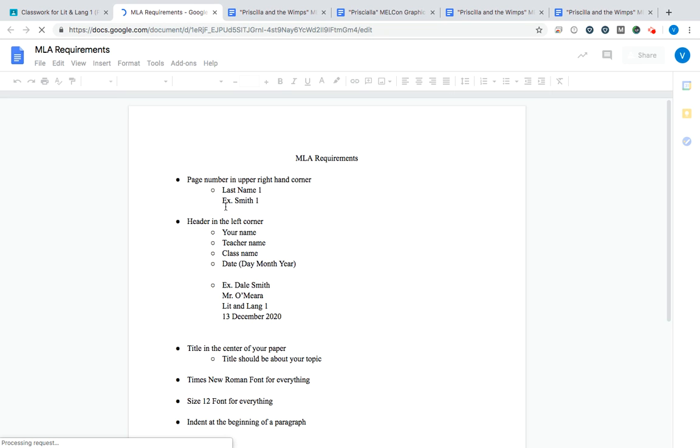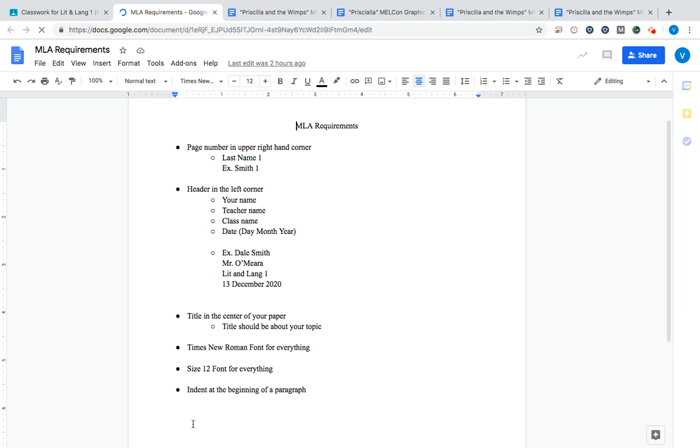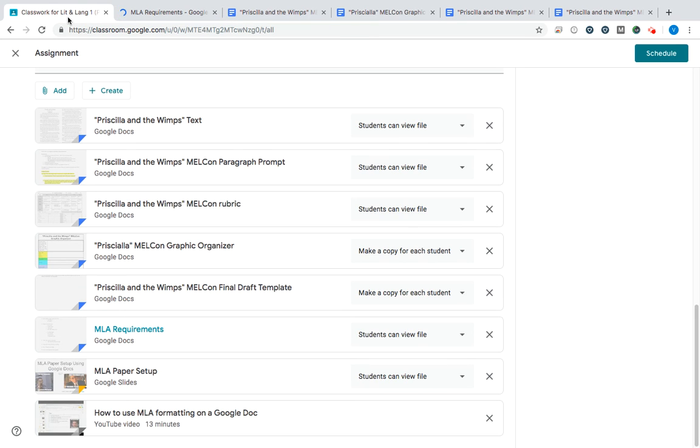So page number kind of gives you like a general template and then an example. Same here with the header in the left corner. Title, Times New Roman font, size 12 font. We're indenting at the beginning of paragraphs. So that is just kind of a quick cheat sheet. But if you need a more detailed